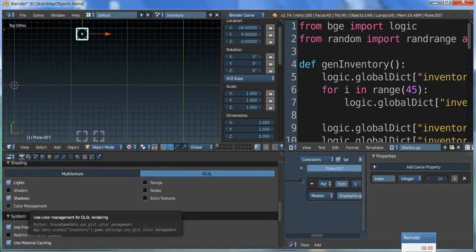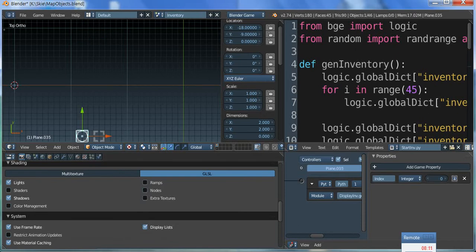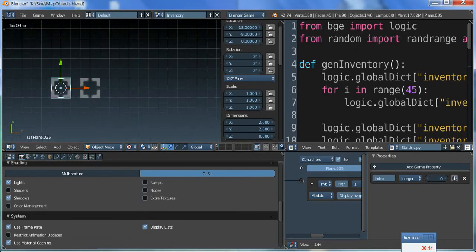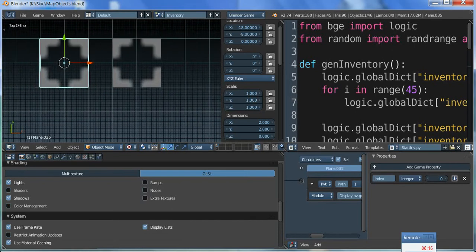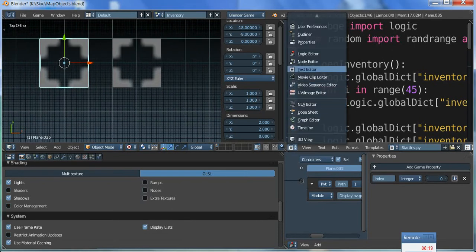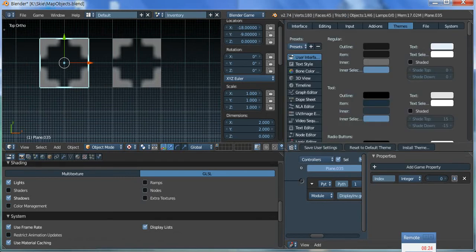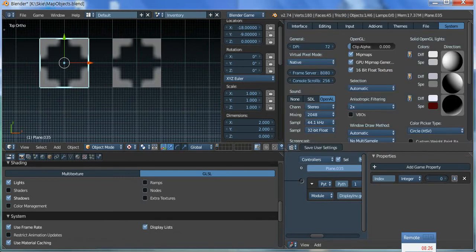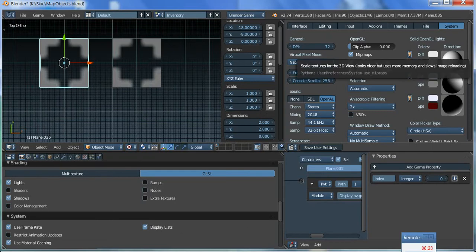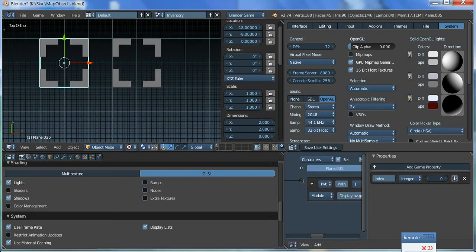Another thing to notice, you probably, maybe, already noticed this. I have bitmaps turned on. Let me show you what bitmaps are. In the user preferences, under system, yay, you turn bitmaps off and on and off and on. If you turn them off, you get sharper textures, more pixely, and things can run a bit faster. If you turn them on, they're smooth, things don't run as fast, but if you're running a small game, it's